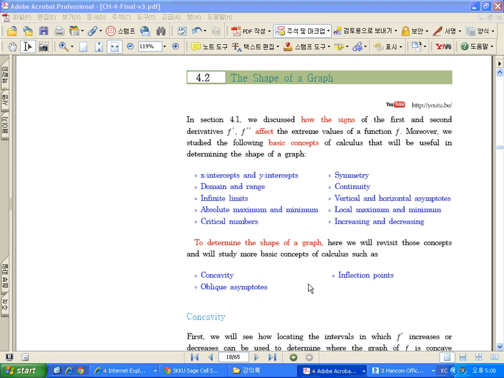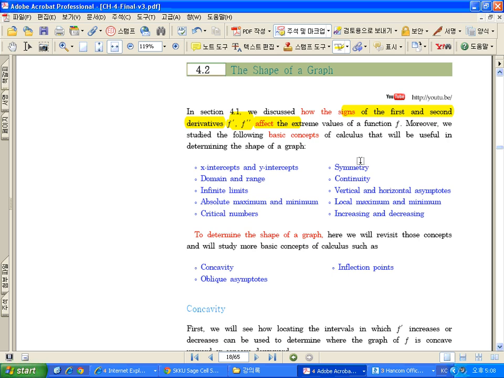Okay, section 4.2, the shape of a graph. In section 4.4, we discussed how the sign of the first and second derivatives affect the extreme values of function f. Then, all that information, all the basic concepts of calculus that we have covered so far, can be used in determining